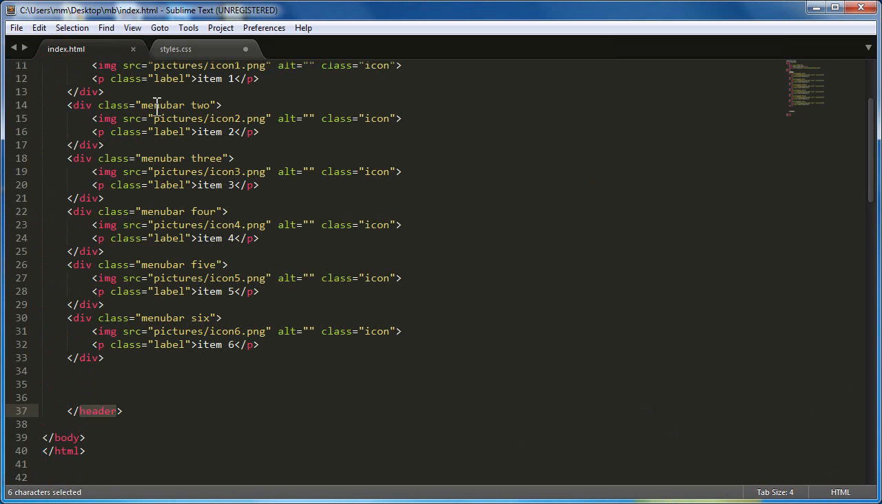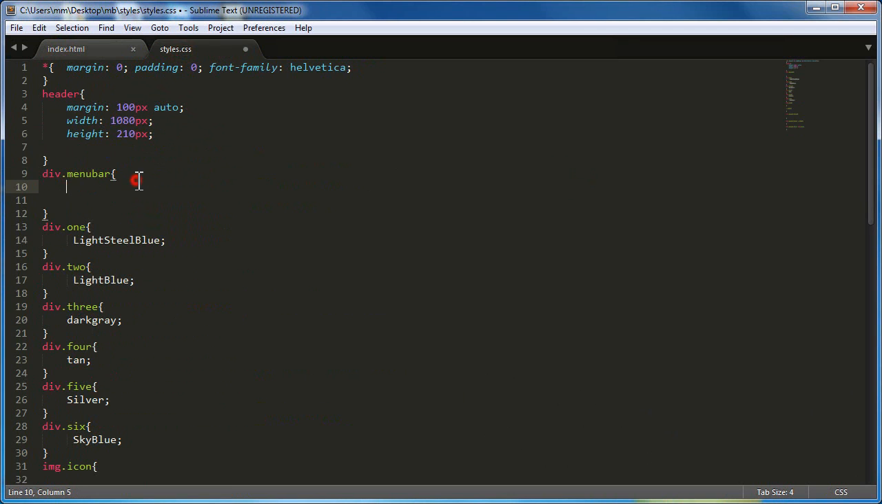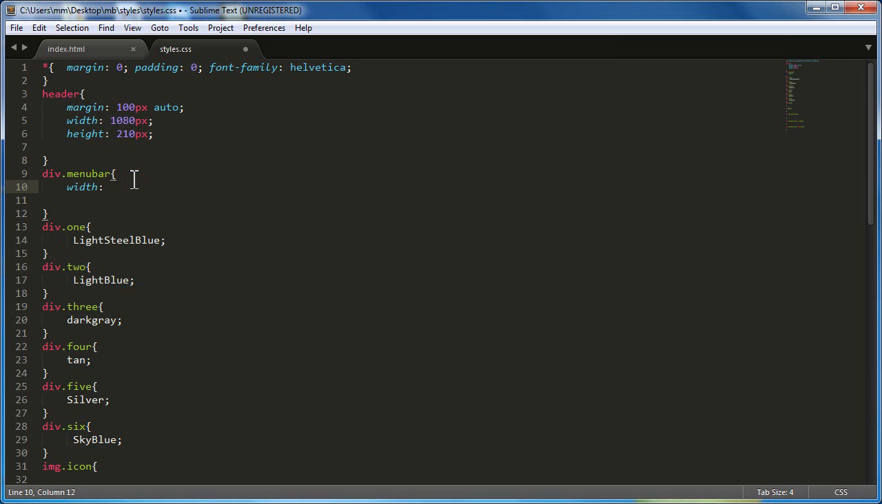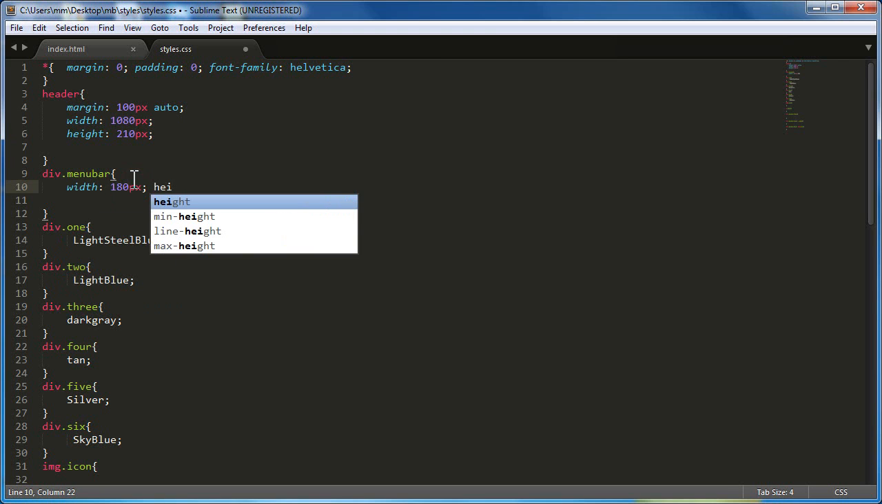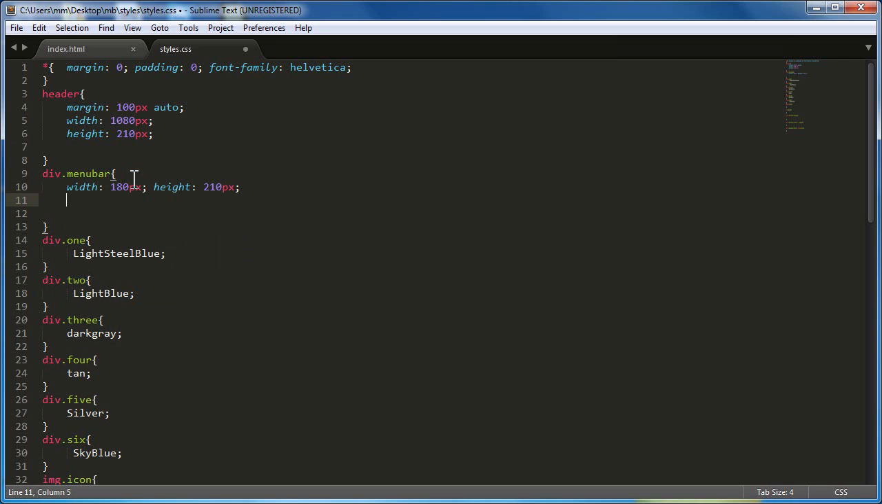and then people, I'm gonna define the class menu bar attached to the divisions. This class, which is attached to every division, the 6 different divisions which are gonna act like the buttons. Let me define this class. So let's say every menu item to have a width of 180 px and a height of 210, which is the same as the header height. At the same time, let me float every item to the left,